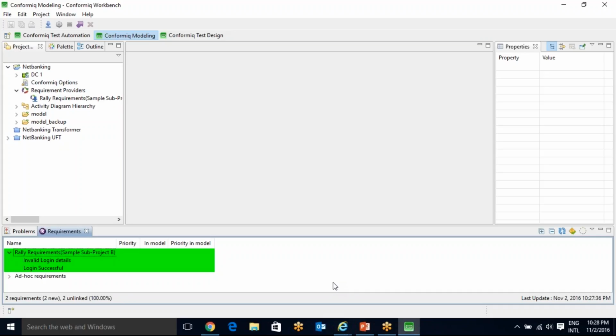Same as if you have requirements in Excel, or in IBM DOORS, or if you have requirements in QC ALM, in the same way we can import these requirements into the Creator tool. So after that, regarding these two requirements, I need to